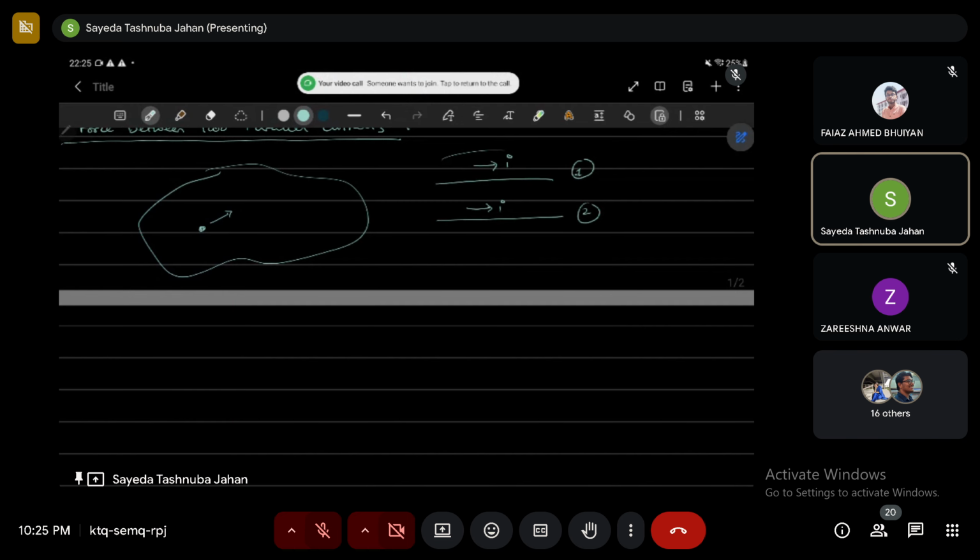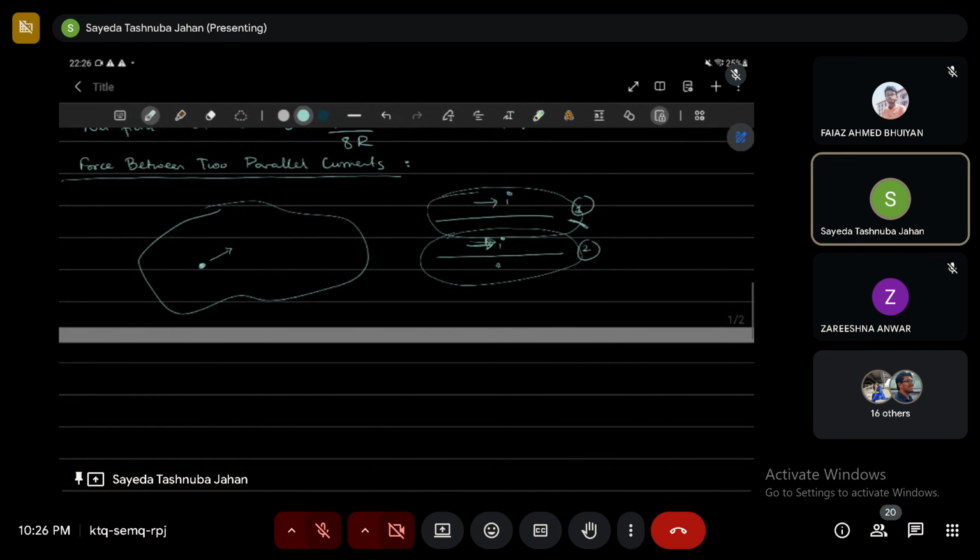তো সেই ক্ষেত্রে যেটা হচ্ছে যে এই ফার্স্ট ওয়ারের জন্য যে ম্যাগনেটিক ফিল্ডটা প্রডিউসড হচ্ছে সেই ম্যাগনেটিক ফিল্ডটা 2 পর্যন্ত এসে 2 এর যে কারেন্টটা আছে সেটাকে এফেক্ট করবে। কিভাবে? যেহেতু 1 এর একটা ম্যাগনেটিক ফিল্ড আছে, সেই ম্যাগনেটিক ফিল্ডের মধ্যে I am letting some current pass, which is the same as having the magnetic field and letting a charged particle move through it. সেই ক্ষেত্রে এই কারেন্টটা basically will feel a magnetic force, right? So basically that is what we are talking about when we say that we are talking about a force between two parallel currents. সেটা হচ্ছে যে একটা ওয়্যারের জন্য যে ম্যাগনেটিক ফিল্ড প্রডিউসড হয় সেই ম্যাগনেটিক ফিল্ডের কারণে আরেকটা ওয়্যার কি ফোর্স ফিল করতে পারে।